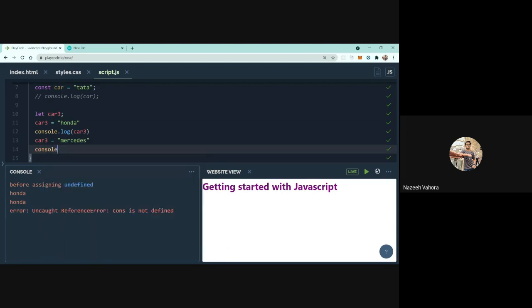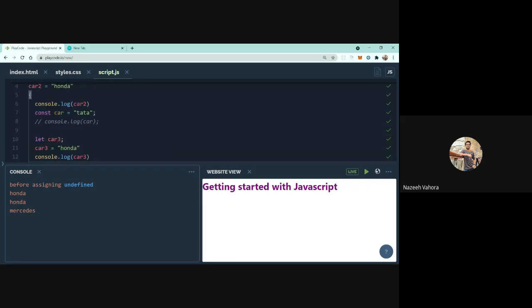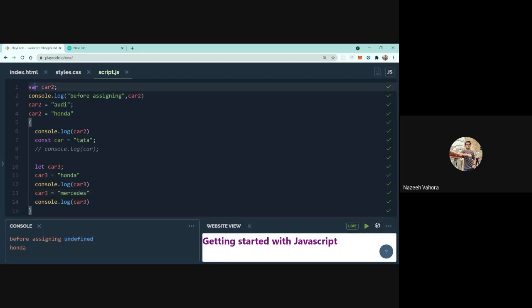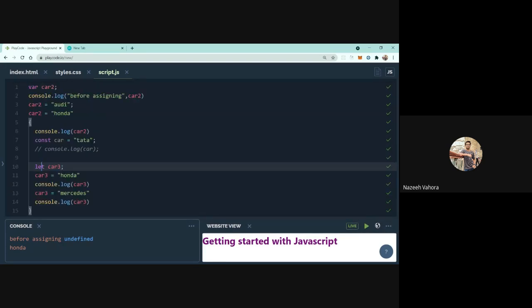Now, if we console log our car3, yeah, so our value has changed. Okay, so with var and let, we can reassign a value to its variable, but with const, we can't reassign its value. Okay, so that's some of the difference.